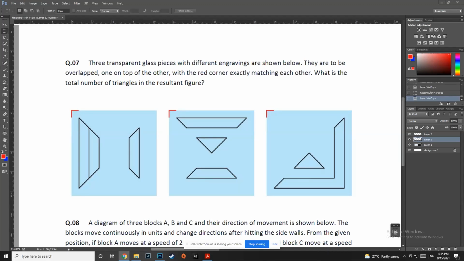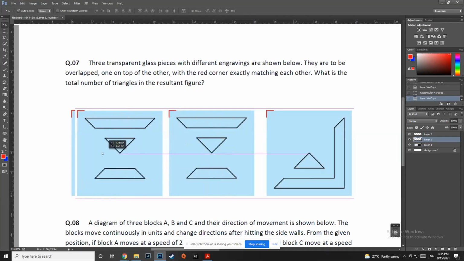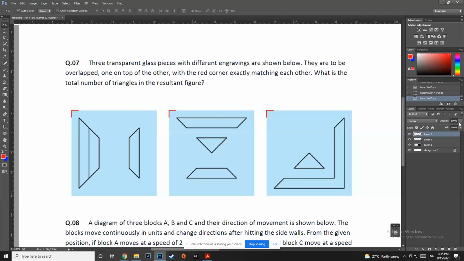All right, let's try it out. Okay, what I will do is I will overlap them, but I will do it a little smartly. I will do it like this. Okay, this is basically what they wanted to do, right? This is basically what they've asked. We are overlapping the red part, right? And then they want us to count.